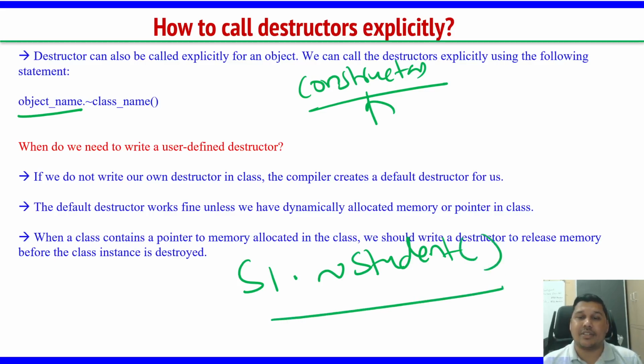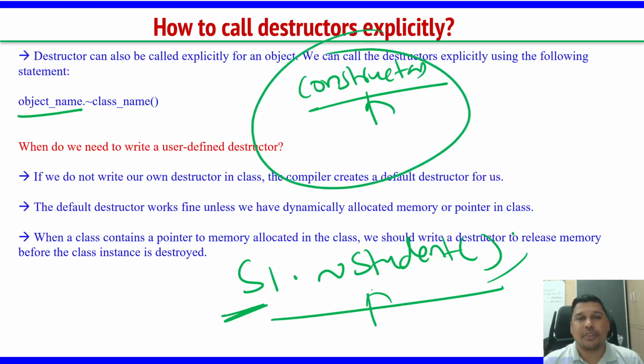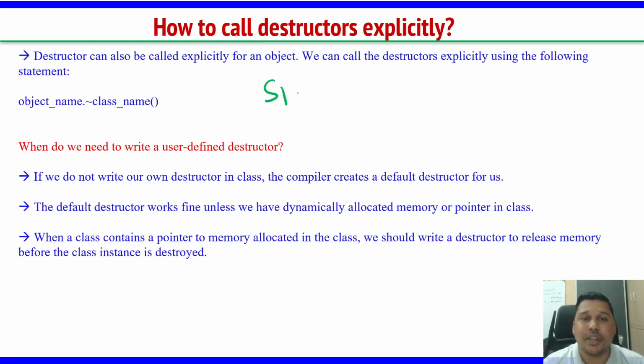You can write it like this: s1 dot tilde operator, the class name, round bracket, semicolon. When you write this way, whatever memory was allocated for that object s1, that was not allocated using constructors, whatever memory was allocated for this object s1 without the constructor's help, also can be destroyed, can be deleted, writing like this manually. How to write it? Write the object name, dot operator, the tilde and the class name